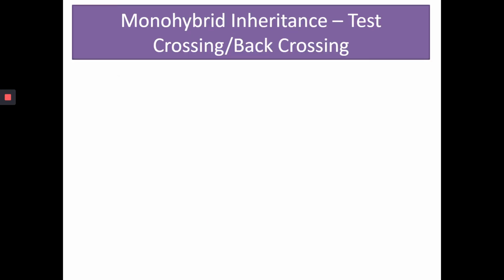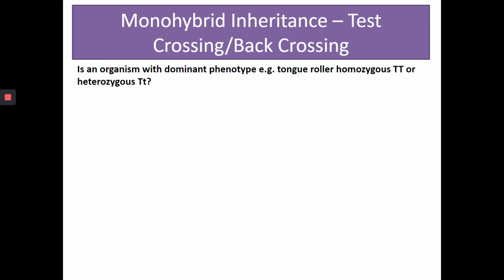So remember, we studied about test cross. Test cross is nothing but actually a type of monohybrid inheritance only, because in the test cross you're only studying the genotype of an unknown individual based on one characteristic or one trait. So when you want to know whether a particular plant is dominant or a person is dominant because of homozygous nature or heterozygous nature, for example, tongue roller.